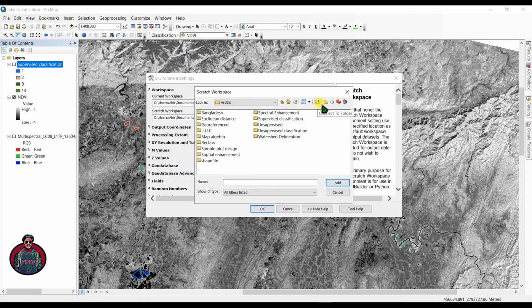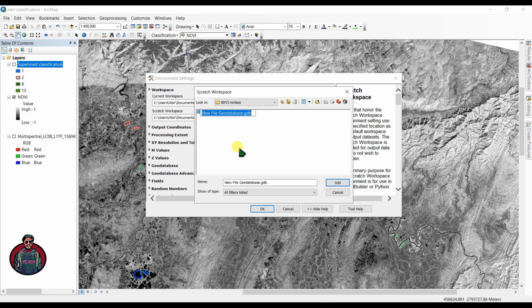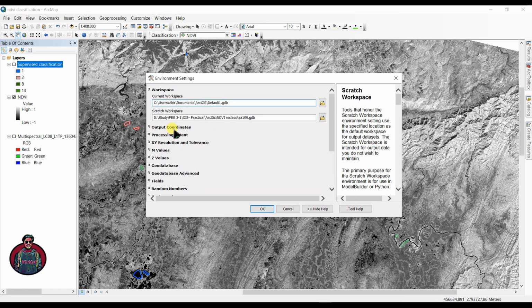We're going to create a new folder and let's name this, and let's create a new geodatabase as a10, and we're going to add this as our scratch workspace and click OK.